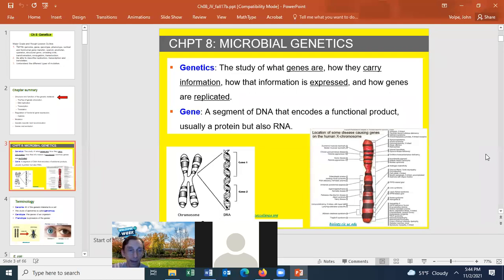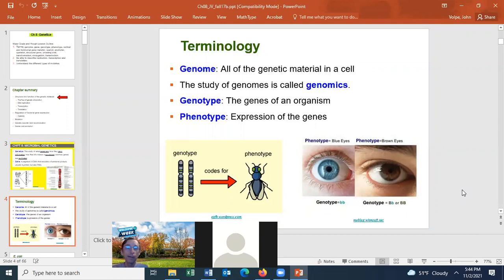Any question about any of that? The genome is all of the genetic material in the cell. The study of genomes is called genomics. The genotypes are the genes of an organism. For example, blue-eyed people have the genotype, the genes of the organism, lowercase b, lowercase b. They have to have that in order to have blue eyes. The phenotype is the expression of these genes. So the expression of the lowercase b